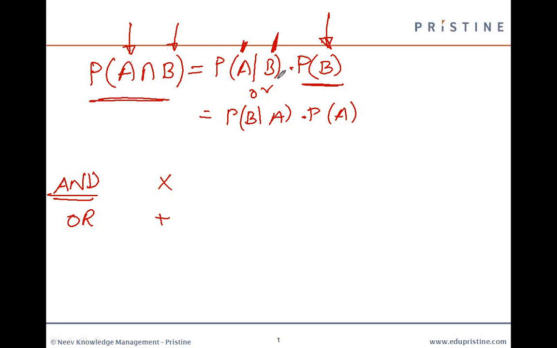exam. Okay. So depending on which event happens first, if B happens first, I can write it as the probability of B occurring, that is, the probability that you get promotion, and the conditional probability of you passing the exam given that you have already got promotion. Or let's say your CFA results are going to be announced first, then I may use this equation, that is, the probability of simultaneously getting promotion as well as passing the CFA exam equals the probability that I'll first pass the CFA exam and the conditional probability of me getting promotion given that I have passed the CFA exam.